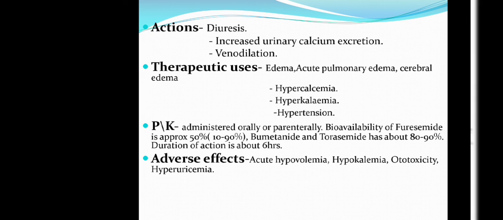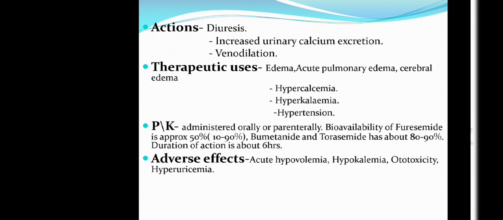Hypertension. Now these drugs, loop diuretics, are the first line of drugs for mild to moderate hypertension. They reduce the water and salt reabsorption. Initially, these loop diuretics like furosemide bring down blood pressure by bringing the blood volume down, but in the long run these diuretics keep the blood pressure down by producing vasodilation.